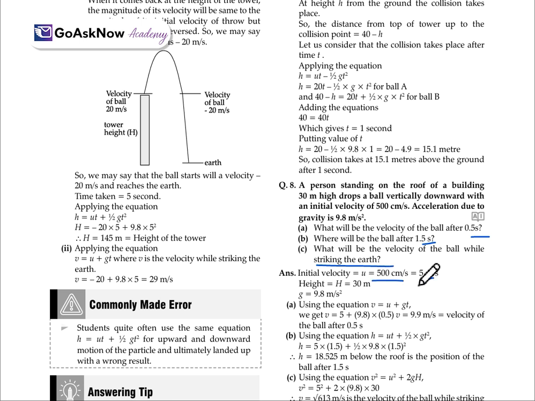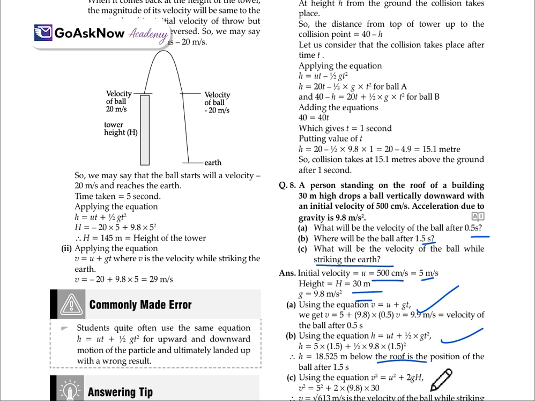We will convert it into meter per second. Height we know and g value we have. We'll have to use the equations of motion. v equals u plus at, as it's only about gravity, we'll replace a with g. Put the values and you will get the velocity. Then another equation is s equals ut plus half at square. But again, it's for gravity, so we'll have to change the equation, substitute all the values and you will get the position of the ball.